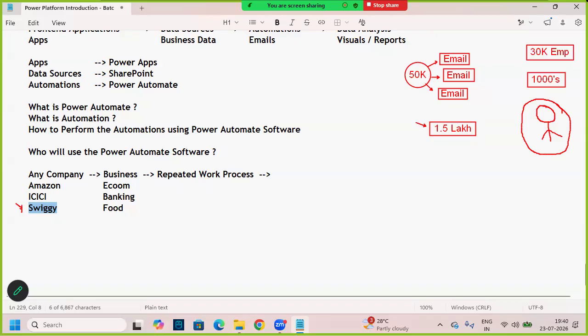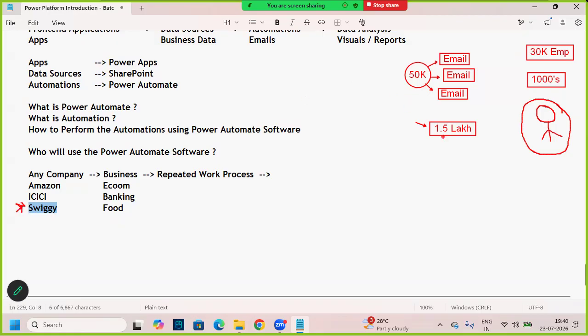Just to send the 1.5 lakh mails per day. Okay, maybe now these 30,000 employees can send 1.5 lakh mails per day, guys. Okay, maybe they can do that. But now, the second point we need to understand is when the Swiggy company sends